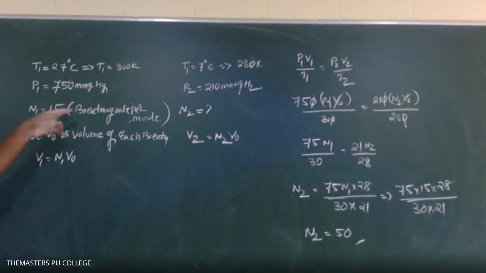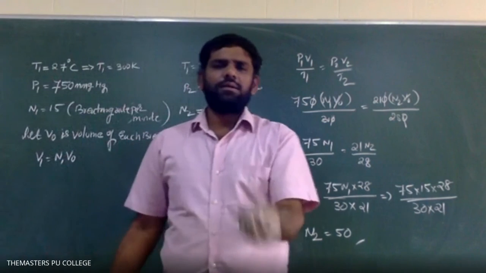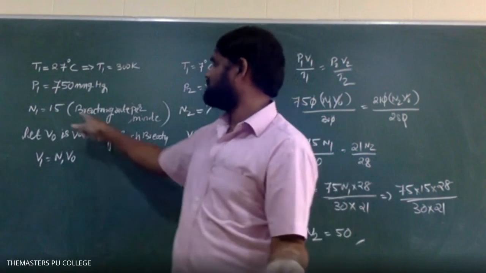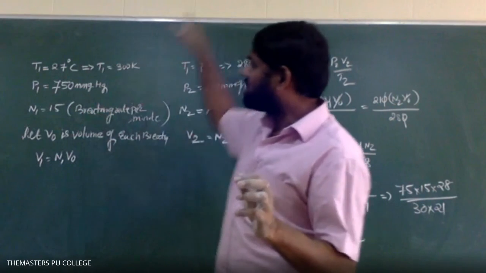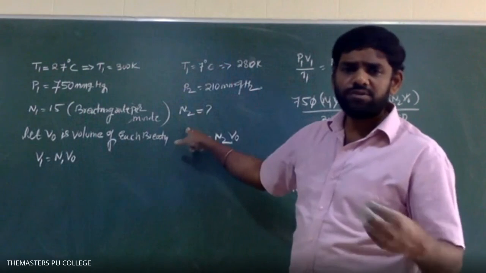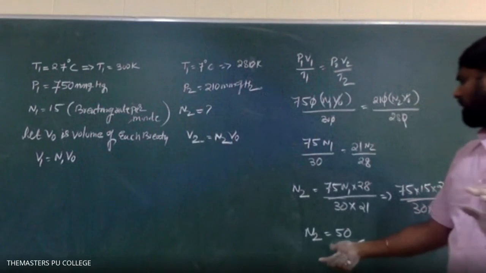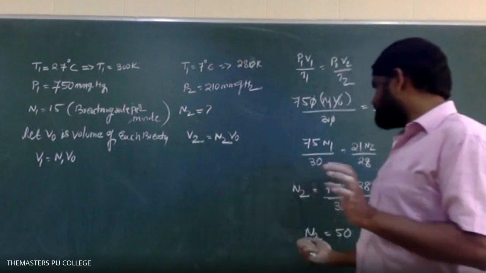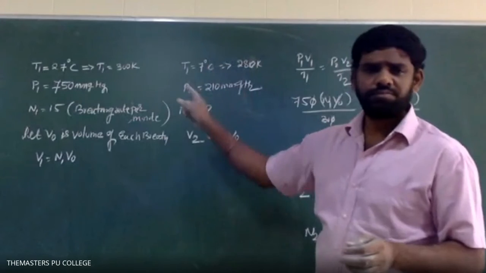Per minute we used to take 15 times, inhaling the gas and releasing the gas. He used to do it 15 times at the bottom of the mountain. If the man goes to the top of the mountain, how many times per minute does he have to do the same thing? According to the pressure and temperature, he has to do it 50 times. There it is 15 times, here it is 50 times. So students, we got this problem.